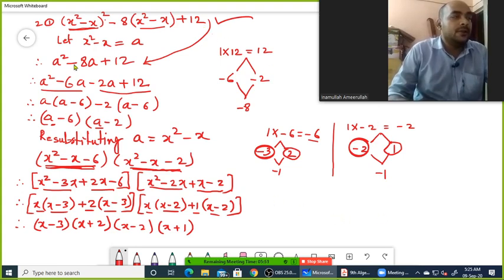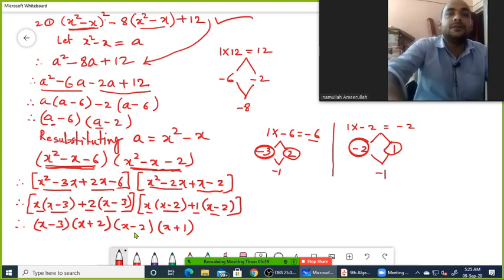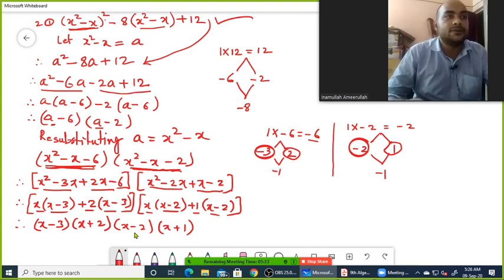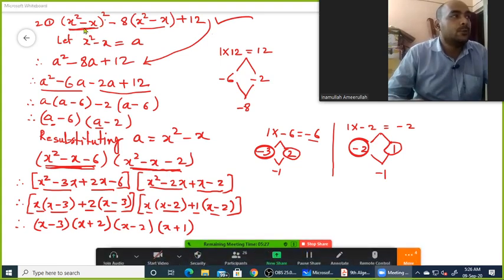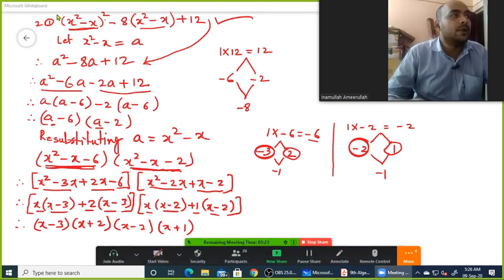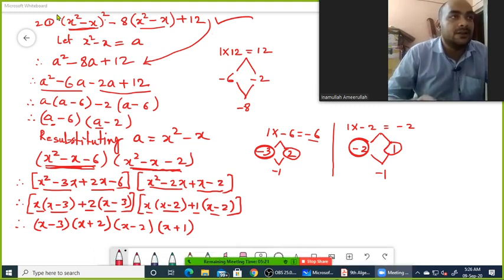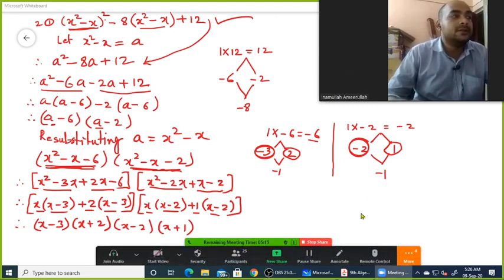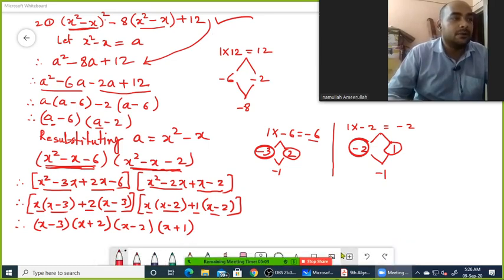When you find the factors, this procedure will be required to be followed, and at the end of the procedure you will get four factors, because the given polynomial is a fourth degree polynomial where the highest degree is 4. That's why we're getting four factors of this polynomial. Look at this: x square minus x whole square. When you open this bracket, this x square will become x raised to 4. So it is clear that the highest degree of this polynomial is 4. That is the reason we're getting four factors after factorizing the given polynomial. Hope it is clear to everybody.